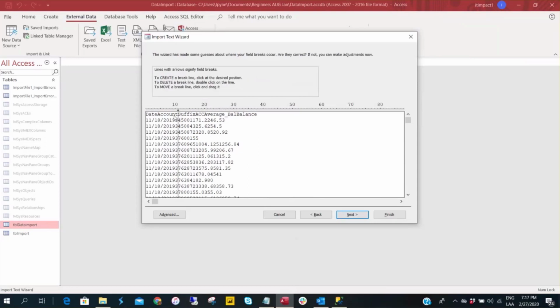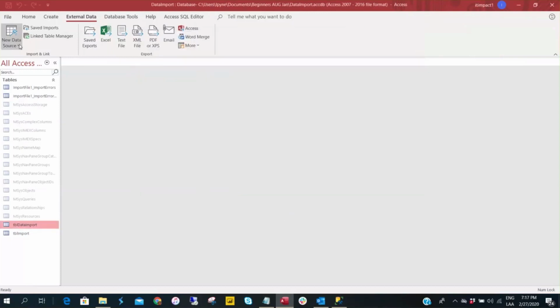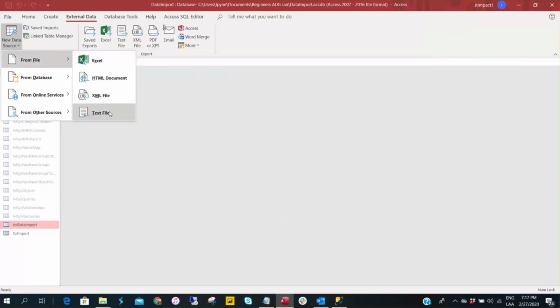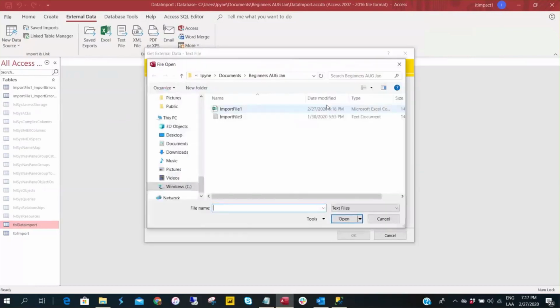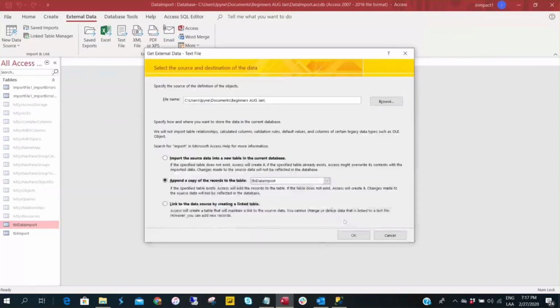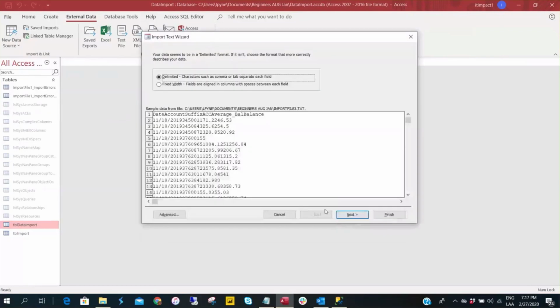I'm going to have one column here. Oh, I've put too many in. Just let me click cancel. Let's go again. I'm going to append this one. Oh, select my file. Open. Okay, we're going to, this file